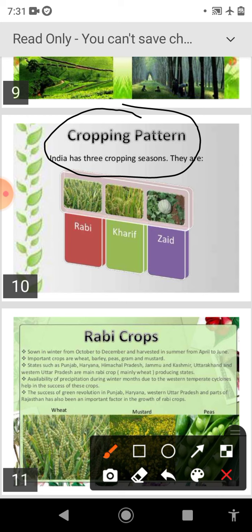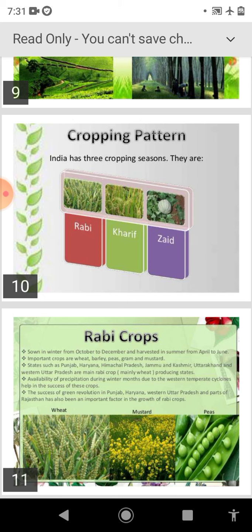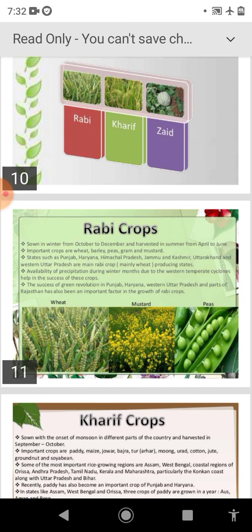In India, food crops have been cultivated for at least the last 5,000 years, while earlier there were only two cropping seasons, Rabi and Kharif. Use of new quick growing hybrid seeds and irrigation have made a third cropping season, known as Zaid, possible in summer. First we will discuss the Rabi crops.